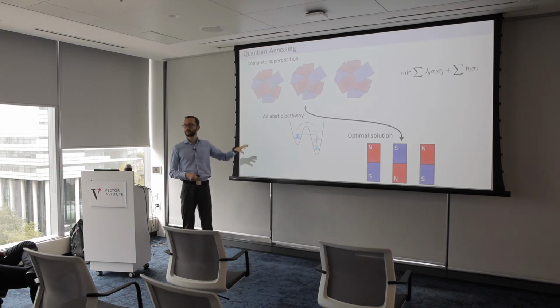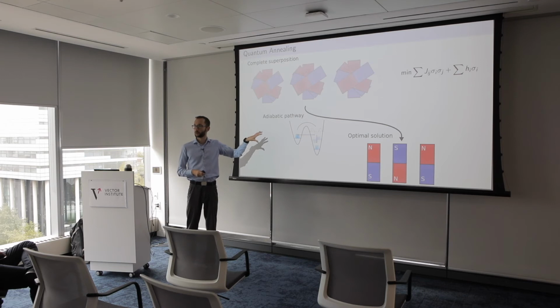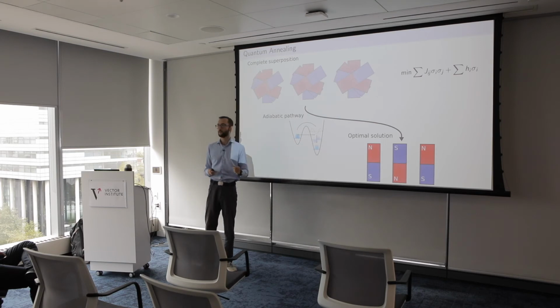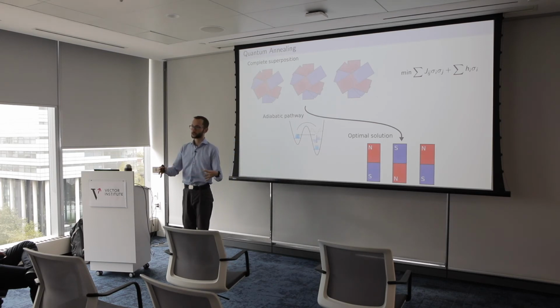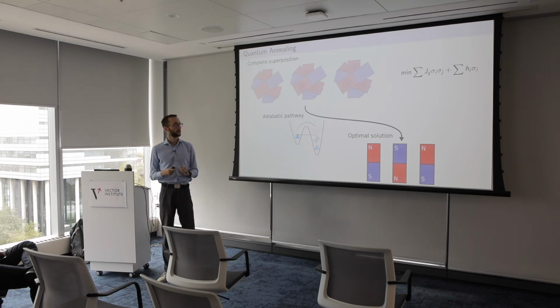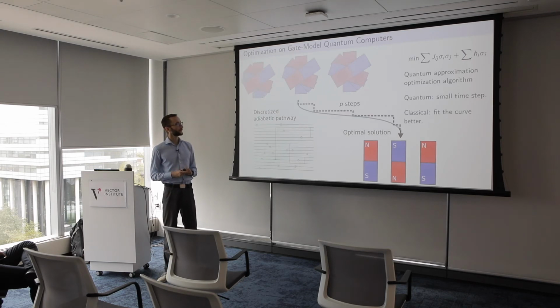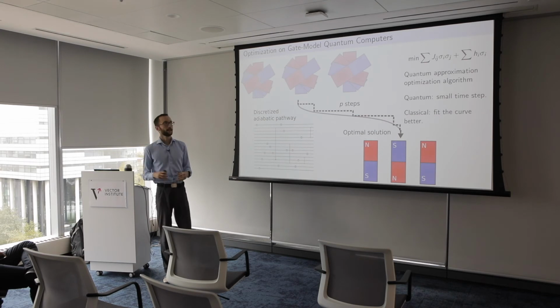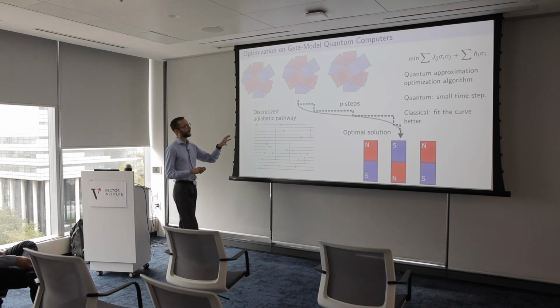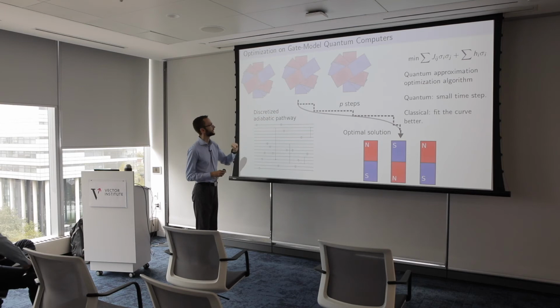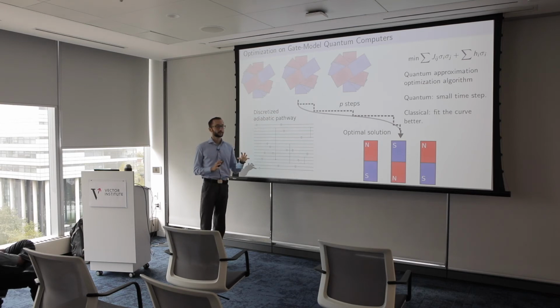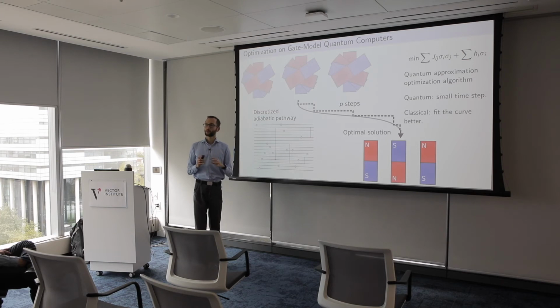So that's when you do it, for instance, in D-Wave. That's what the 2048 qubits do. So these 2048 qubits, you can think of them as some kind of an equivalent of a magnet. And then you create this superposition of the magnets, and then you finally read out some solution. And the second way of doing it is by something called quantum approximate optimization algorithm, which achieves something very similar using a gate model quantum computer. So it was inspired by quantum annealing.